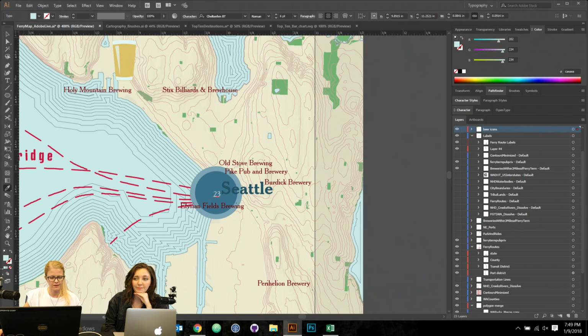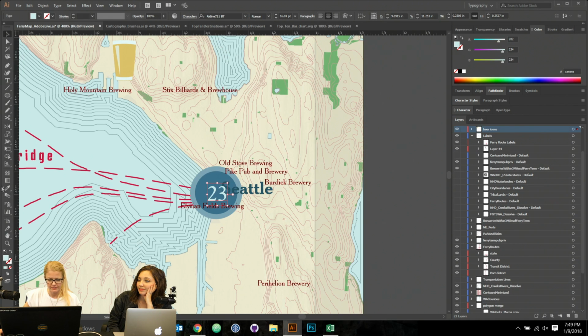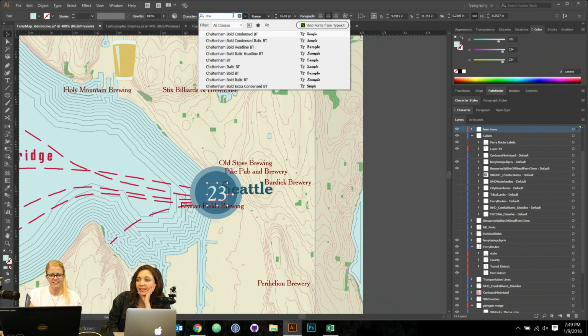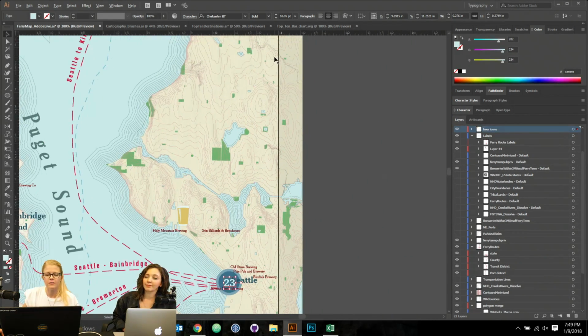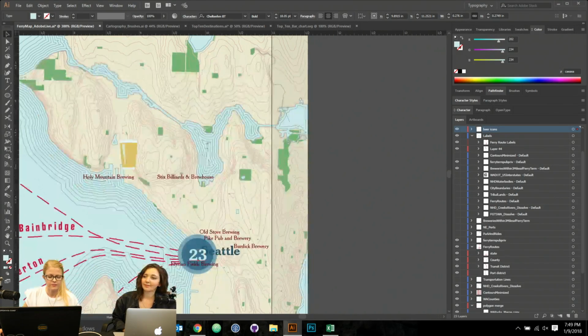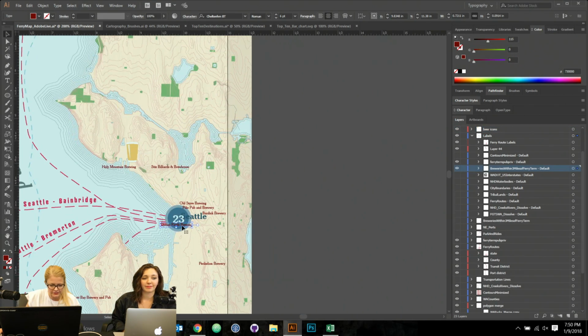I'm just going to make an icon of how many breweries are within these two ferry terminals. It's 23, I remember from when I made the data. So does that mean you're going to delete the names of the breweries? That actually is a good question. That's a potential. But if we see here, the names of the breweries would still be legible. So to help the map reader, I'm going to keep them on. Gotcha. But this Elysian is right within the